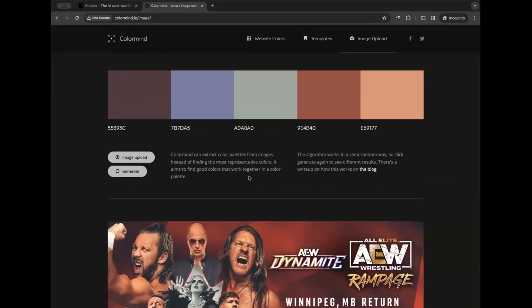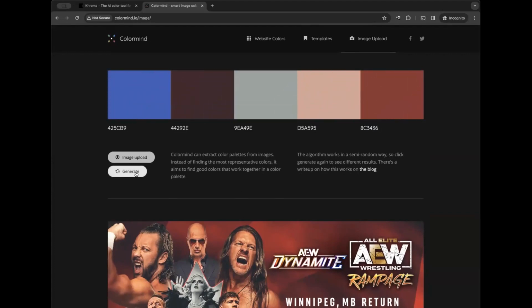As we've uploaded now, what should we do on ColorMind? We should click generate. Yes, click. It automatically generates for you. Yes, that's generated. So what do I do next? Yes. So just hold on.